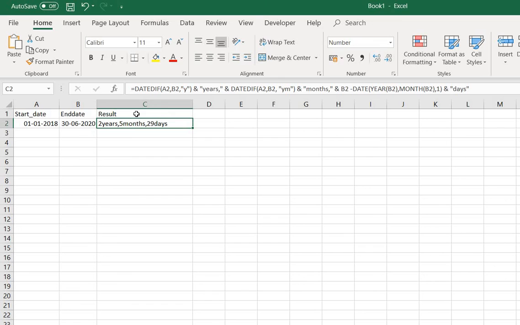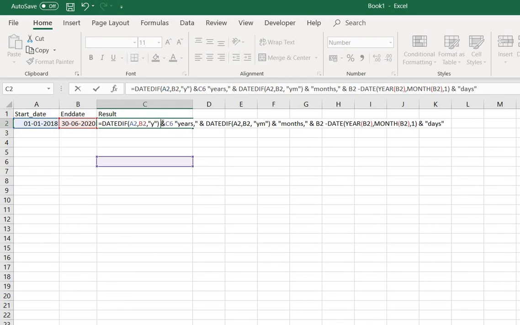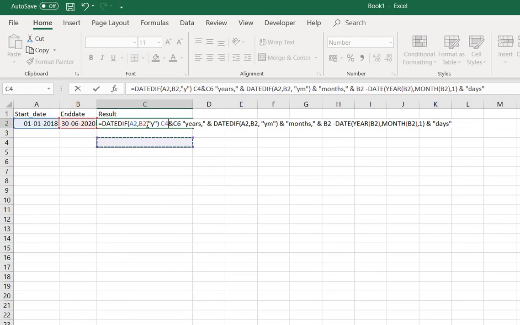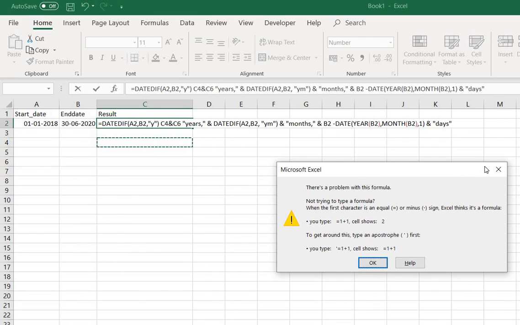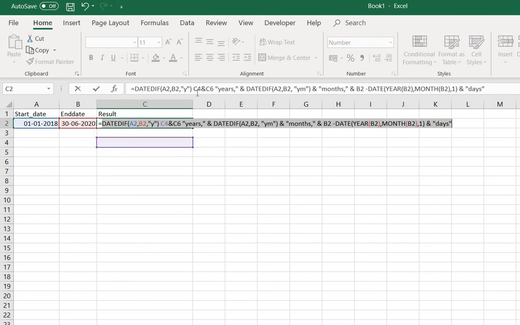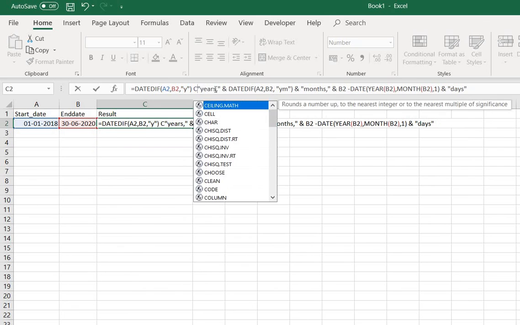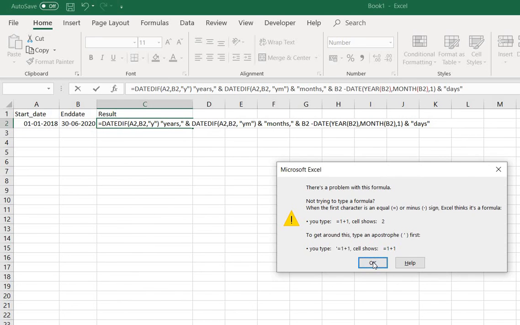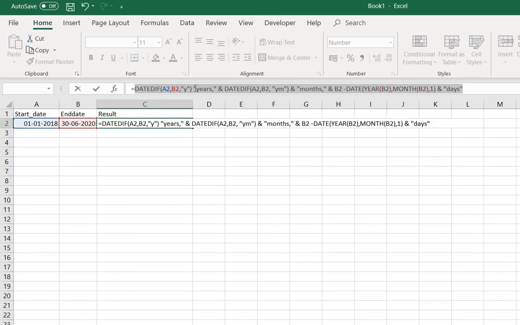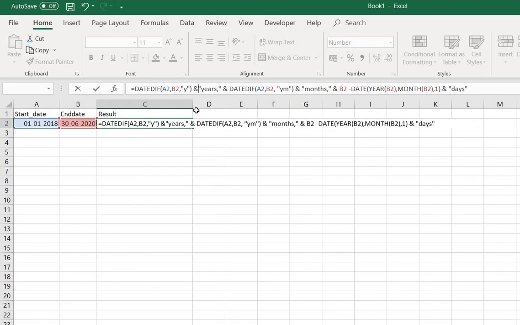So what we have done, if I recall it: we first used this ampersand in order to add different text like years, months, and days. Just let me see what happened. Okay, something more I have added here. I have to give the ampersand.